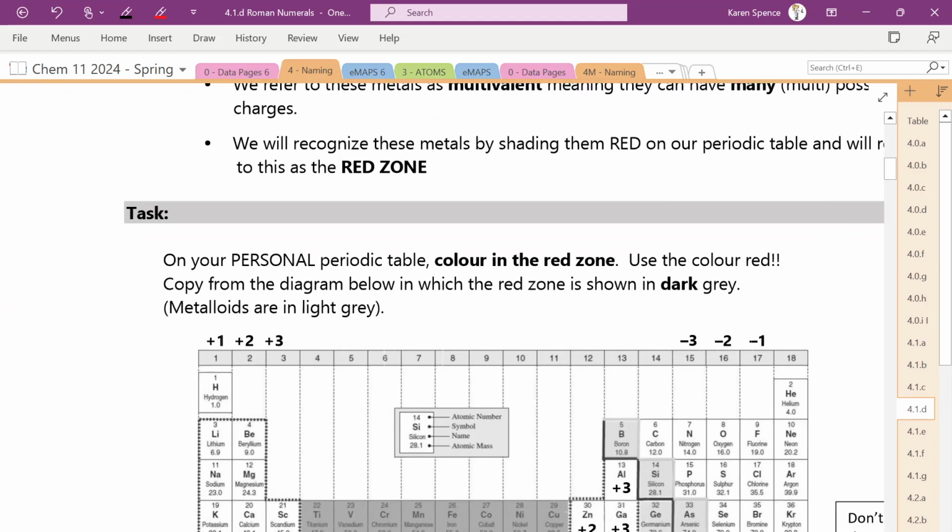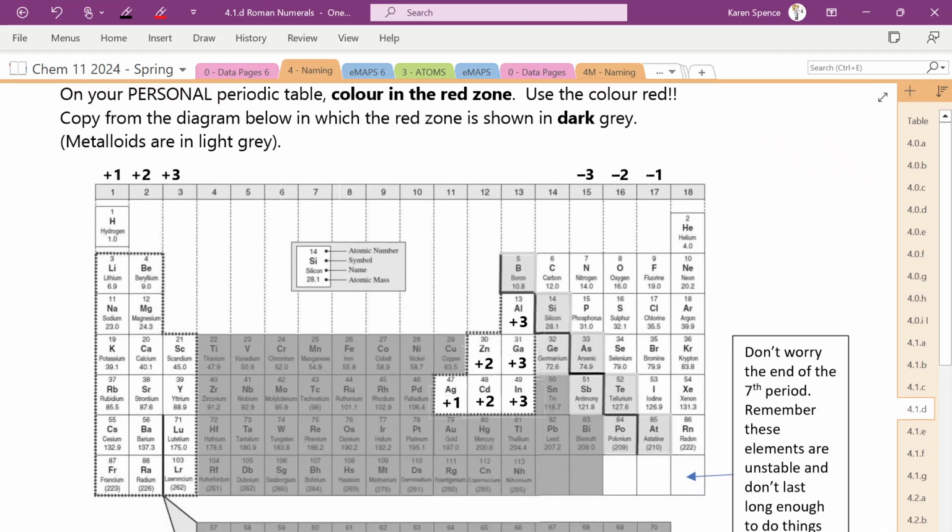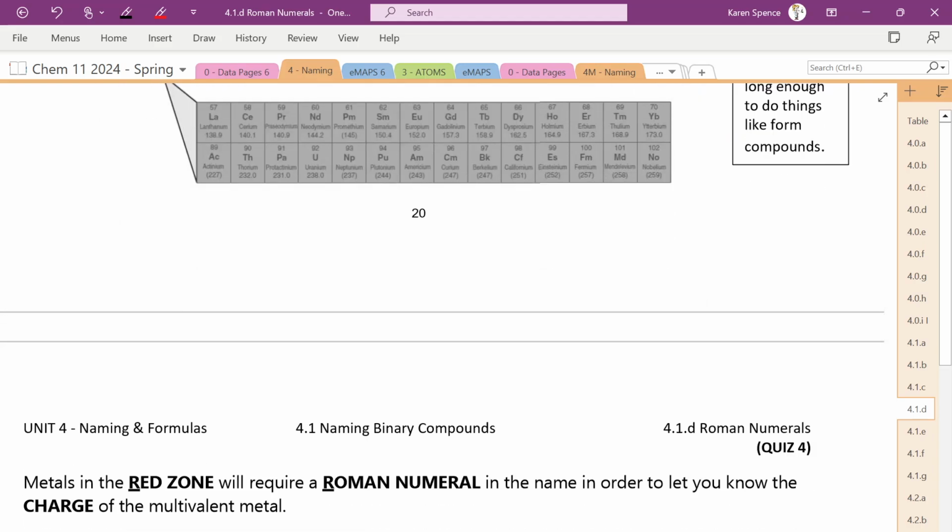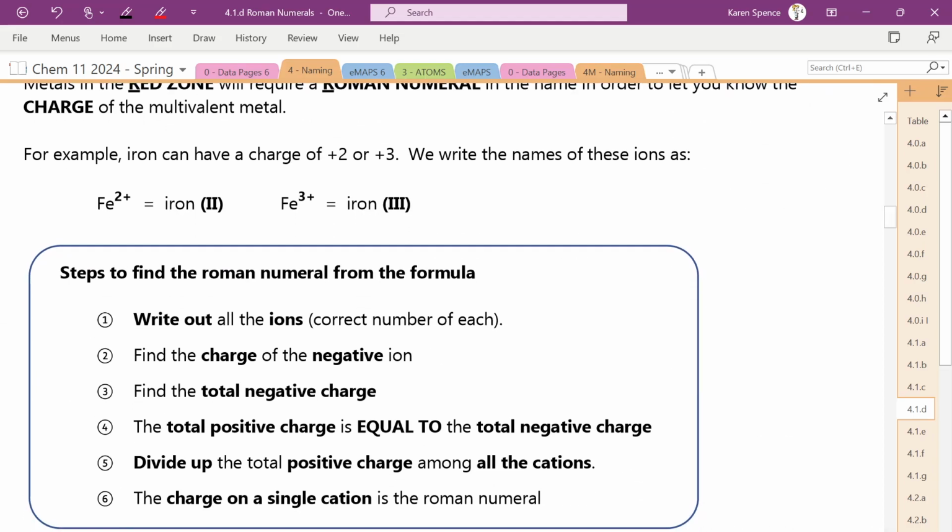So there's this little thing on here that should help you remember. And here are some steps to find out the Roman numeral from a formula. There's actually 2 ways of doing it. I'm going to show you both ways. You write out all the ions. You find the charge of the negative ion, because we never wonder about the charge. Nonmetals are never multivalent. Nonmetals only have one possible charge, which, while we're at it,